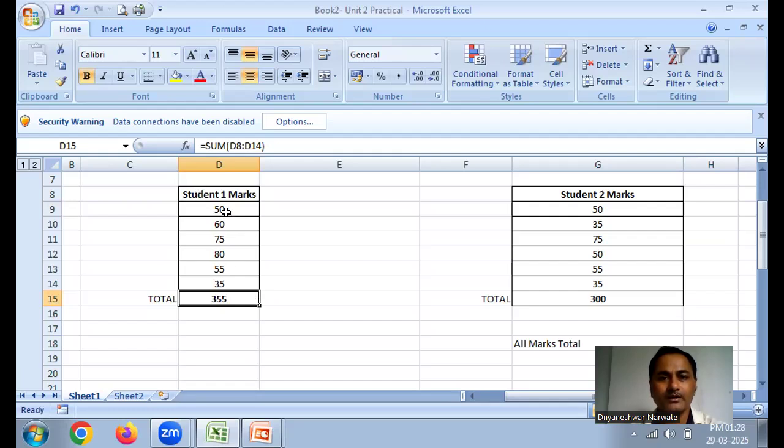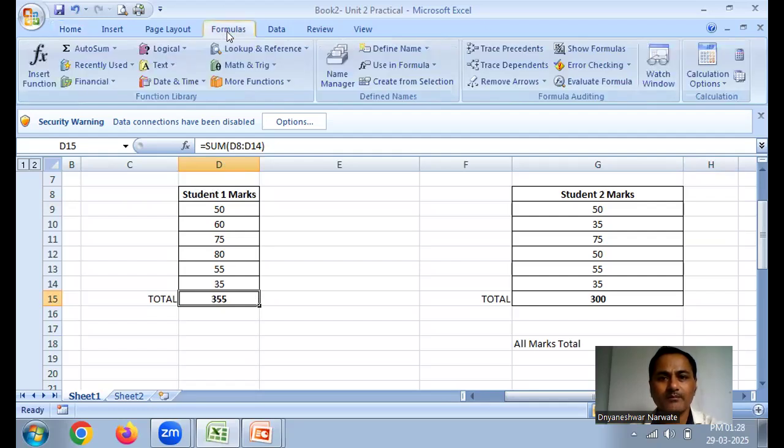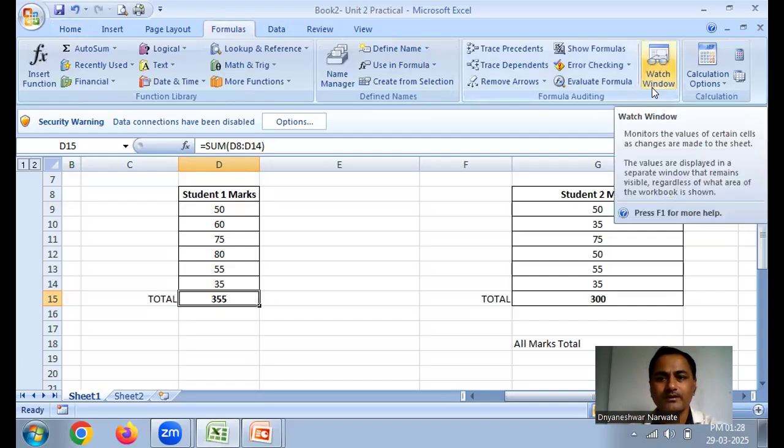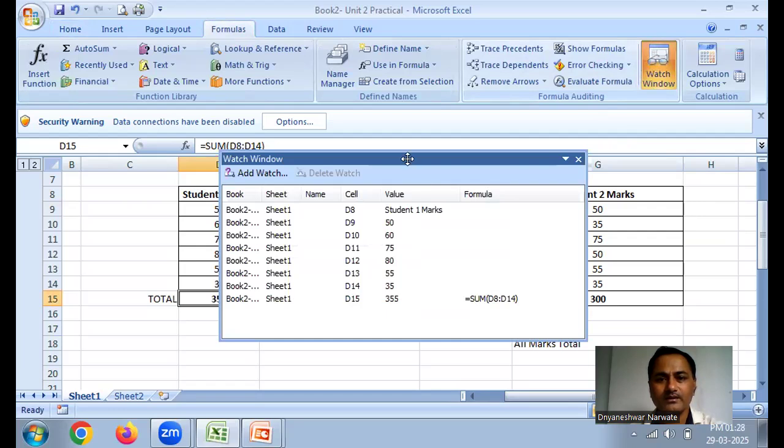And for that, what we are going to do, we are just going to click on the formulas tab, and from here, look at here, in the formula auditing group, we are able to see the watch window option over here. Okay, so I'm just going to click on this option, and look at here,